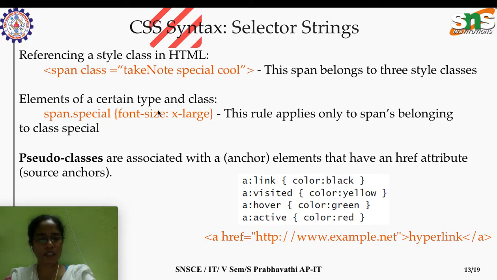Inside the CSS file, span dot special, we could say that dot special means it's a class name. Not an id, it's a class selector, and that too specific for span. This rule won't be applied to all the elements, instead it is applied to spans belonging to the class special. Hope you are following with me, so don't confuse it.